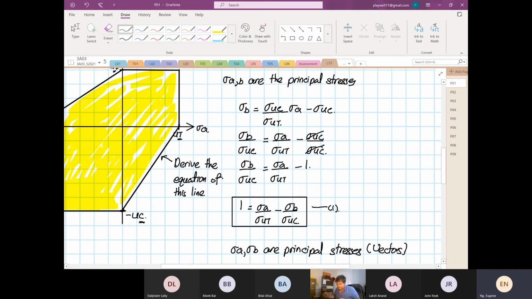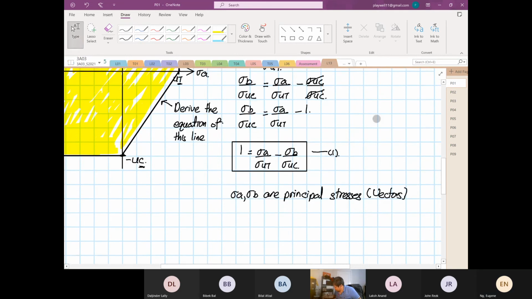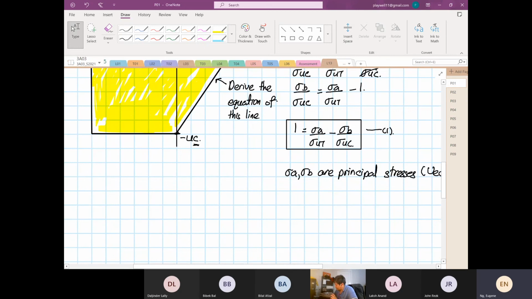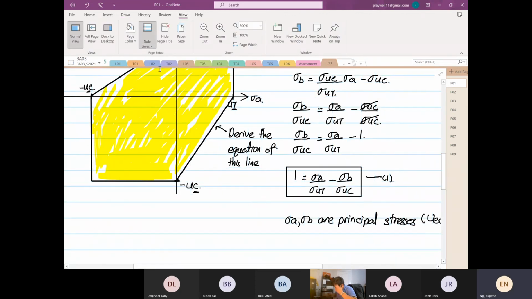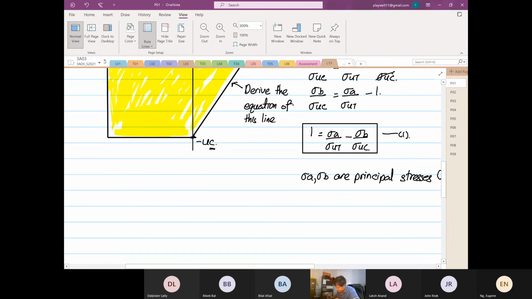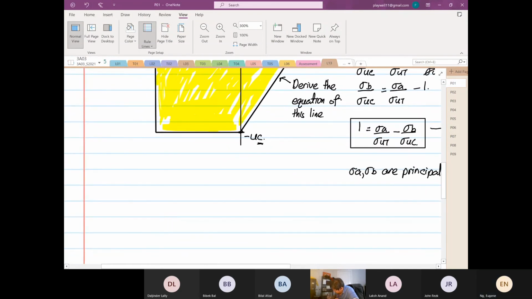So now how does this work? So now you know that stress A over stress ultimate tensile minus stress B over stress ultimate compression must be equal to 1. Equal to 1 means it's exactly falling on this line over here. Okay, so how does this work? Right. So when stress A